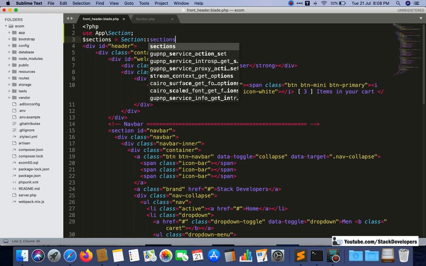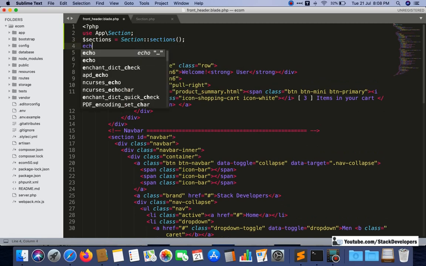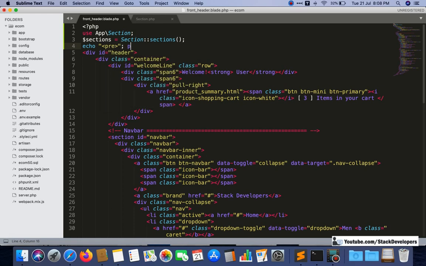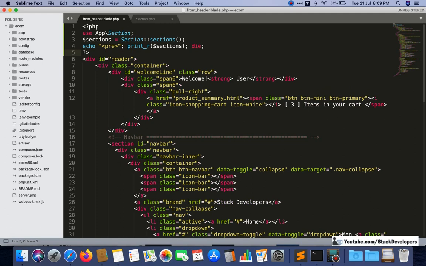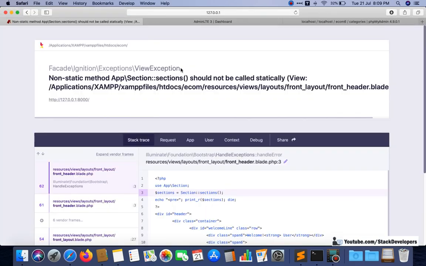Okay, sections like this, so it will display like this. Okay, so now it is fine. Now I am going to refresh.